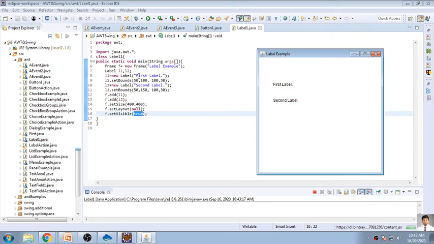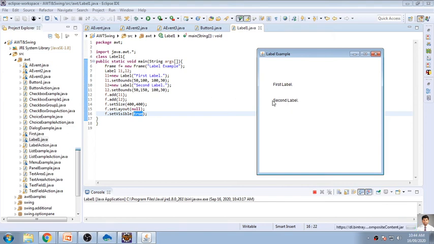Now this label, first label example, is being displayed here. Then I'm adding these two labels. So label, first label, and then a dot is being displayed here. Now where it is being displayed, it is set bounds. So bounds is nothing but x. This is exactly where this location starts. So x-axis 50 pixels, y-axis 100 pixels. I am displaying this content with a width of 100 and height of 30.